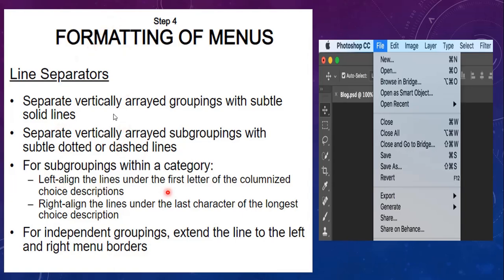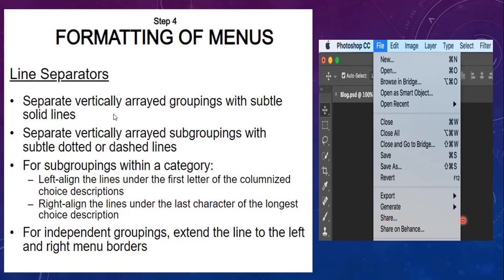And for subgroupings within a category, you have to left align the lines under the first letter of the columnized choice descriptions, and right align the lines under the last character of the longest choice description. Whenever you see a menu list here, all menu items are left aligned, and every first letter is capitalized in the column, and right align the lines under the last character of the longest choice description.